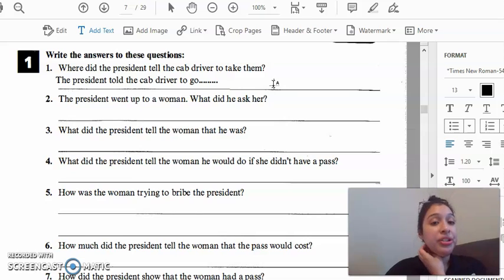Okay, so once you have fixed or finished writing this right here, I want you to try to write a complete sentence for every single one. And don't forget, you need to have your periods at the end. So let's go to